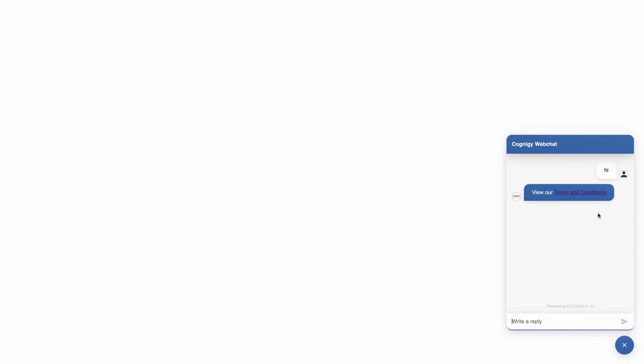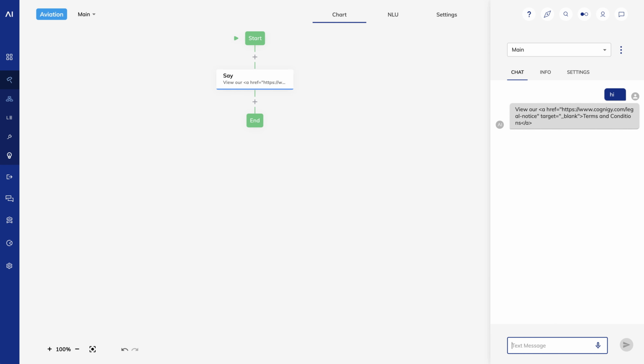Sometimes the colors of the web chat widget are a little too close to the colors on your website. This can make things like links blend in too much with the bubble color to be easily visible. To address this, you can add a style attribute. You might want to check with your website team to determine the right style to apply. For me, I'll just make my link green so it stands out.